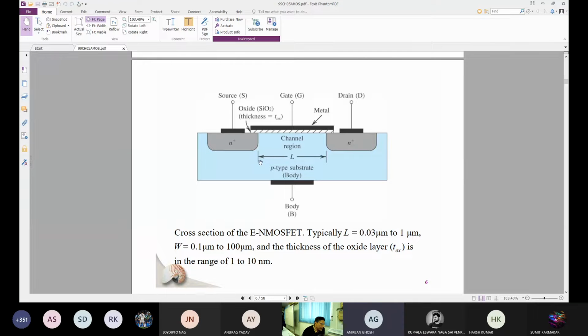So this is typically one of the most important parameters of the MOSFET, that is called the channel length. And please note the structure carefully. This region, the oxide layer, it must cover the edges of the source as well as the drain. What I mean is that